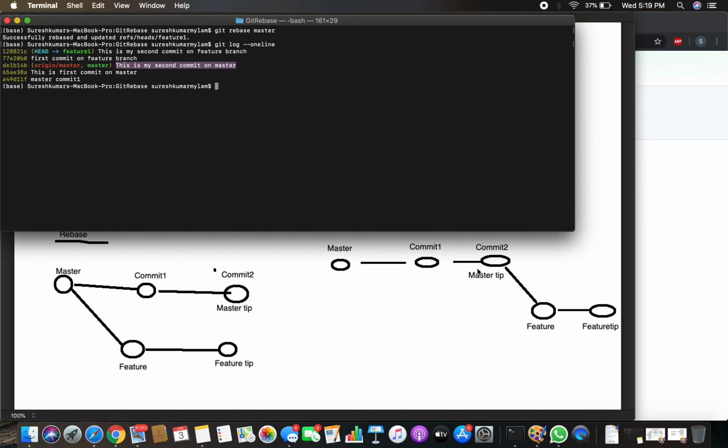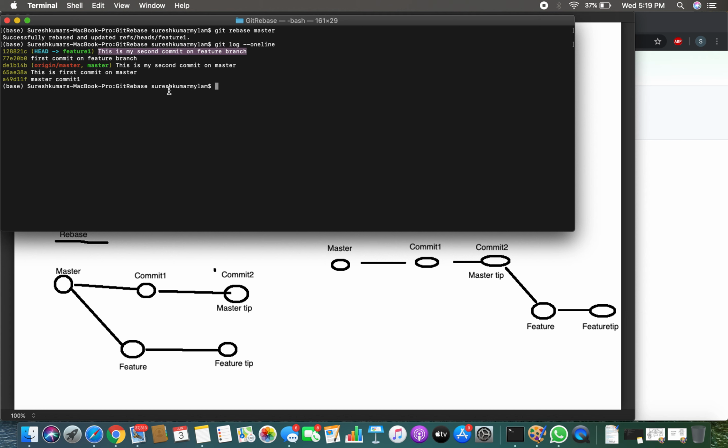And after the 3 commits on the master, your feature branch commits follow. See, this is the first feature branch commit, and this is the second commit on the feature branch. And now you can find all these commits on the feature branch.